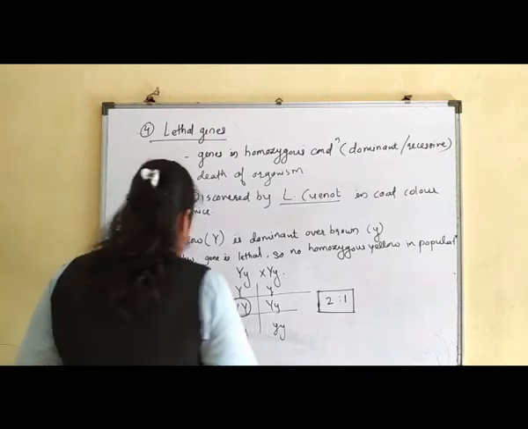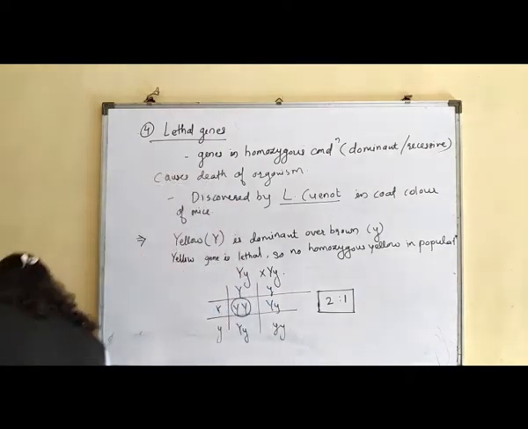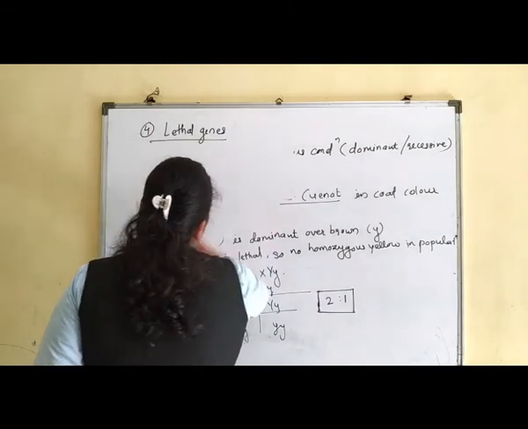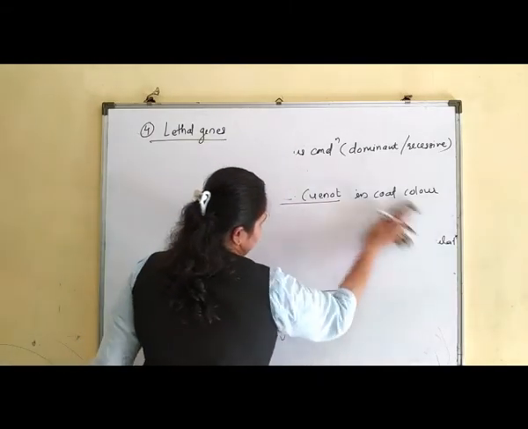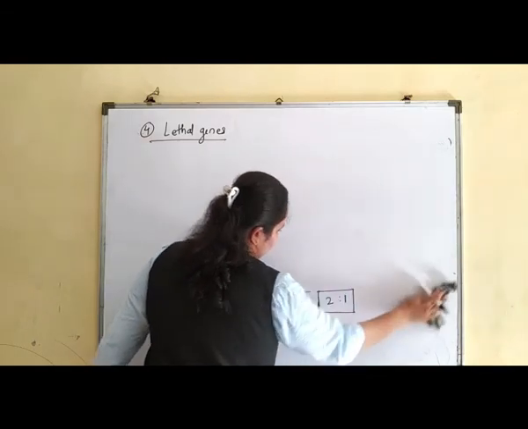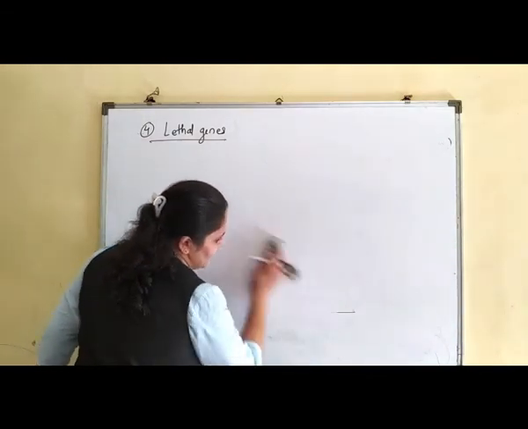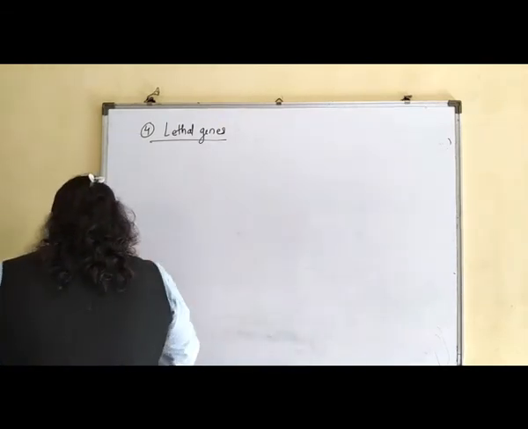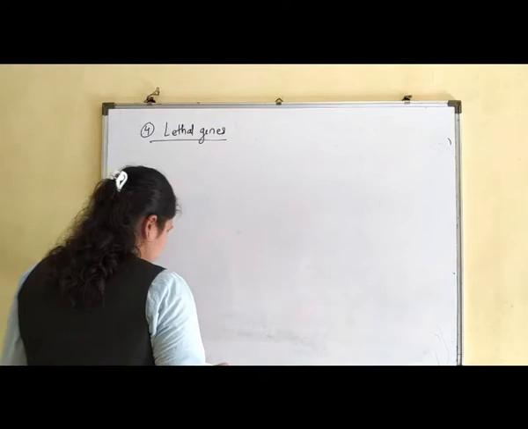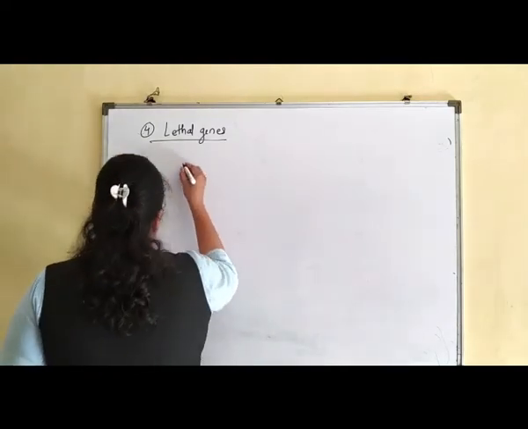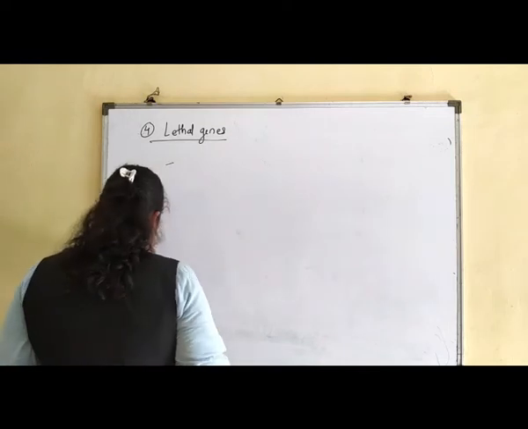We'll see one more example of a lethal gene in plants also. It is for the snapdragon, or Antirrhinum majus. In Antirrhinum majus, the gene for golden leaves, not exactly golden, slightly yellowish golden leaves, is dominant over green leaves. So in the case of snapdragon, Antirrhinum majus, it was first observed by E. Boer.